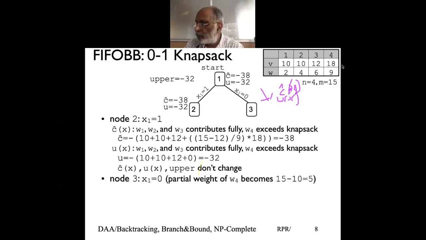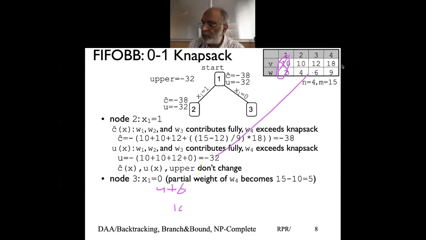So look at what is happening. We are excluding this item, so that means we don't take this weight. We start from here. The second item weight is 4, within my knapsack capacity. The third item weight is 6, so I had 6, my weight is 10. If I include the next item with 9, weight becomes 19, which exceeds my capacity. That means I cannot include this item in full. So I am left with 5.